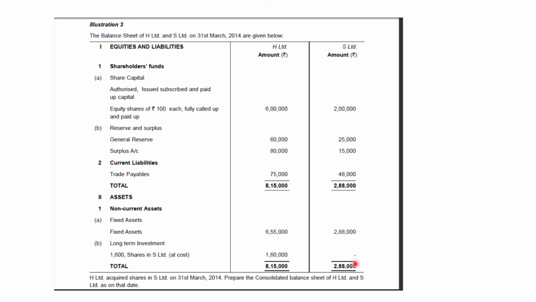How? 288 minus 48, answer 240. 240 is the net asset, and 20% of 240 shall be 48,000. Minority interest shall be 48,000. In order to consolidate the financial statements, we will just add up the assets and liabilities of both the companies together and replace this long-term investment, replace the investment in subsidiary with the total net assets of subsidiary.